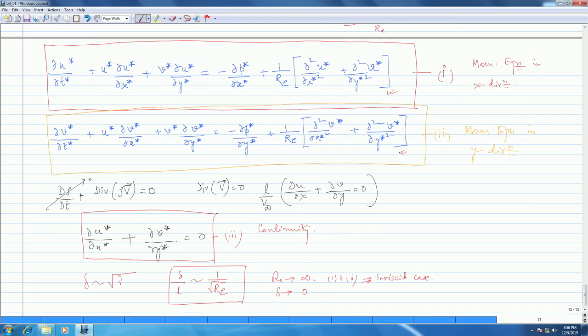So, even if you use this, it's basically going to mean that for very high Reynolds numbers, this term is anyway going to go to 0. So, the solution that you get will have no bearing, or will not be able to account for the boundary layer or any viscous effects at all. Now, that is a problem